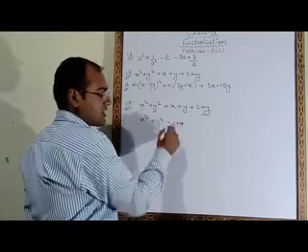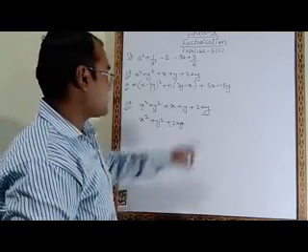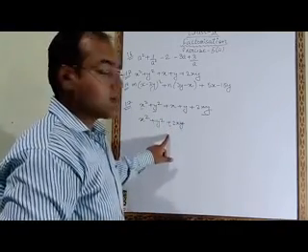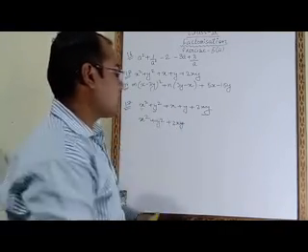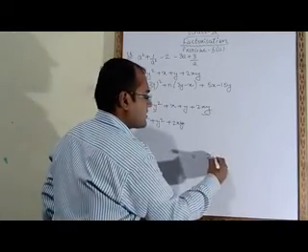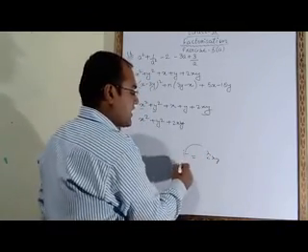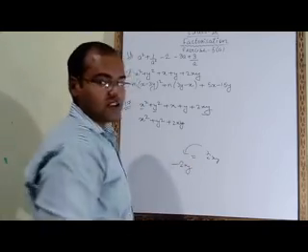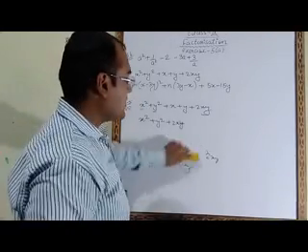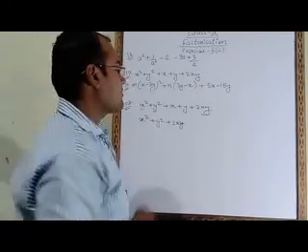No need to change the sign of 2xy. Here it is plus, here also we have to write plus y, because here the equal sign is not coming. If 2xy is written on the right side of equal to, and we write it on the left side, then we have to write it as minus 2xy. But here the equal sign is not there, so don't make such a mistake. No need to change the sign.